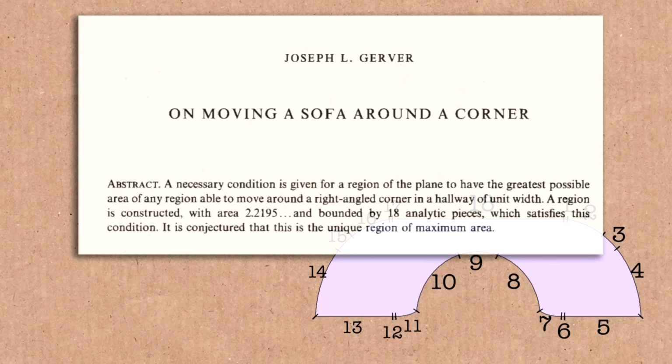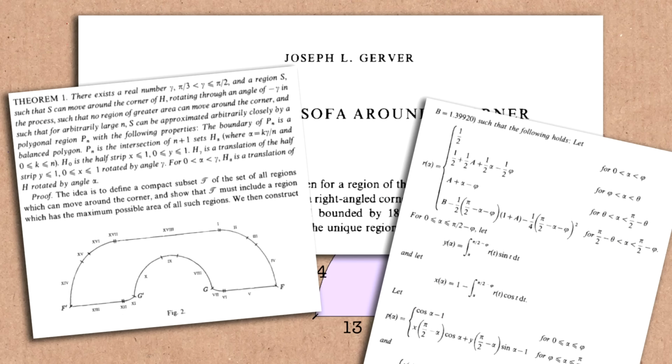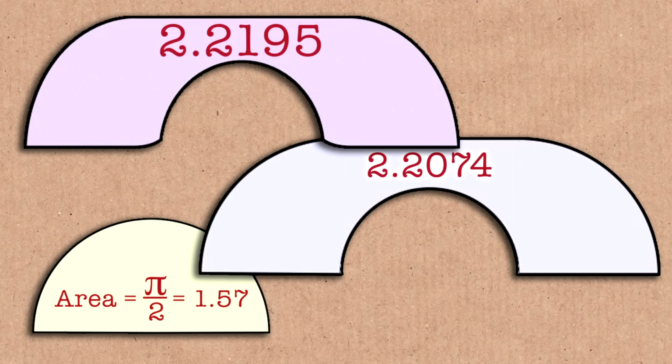By the way, this was found by a guy named Gerver, Joseph Gerver. He's a mathematician from Rutgers University. The area of his sofa is 2.2195, roughly. So about 0.5% bigger than Hammersley's sofa. A very small improvement. But like I said, mathematically it's a lot more interesting because the way he derived it was sort of